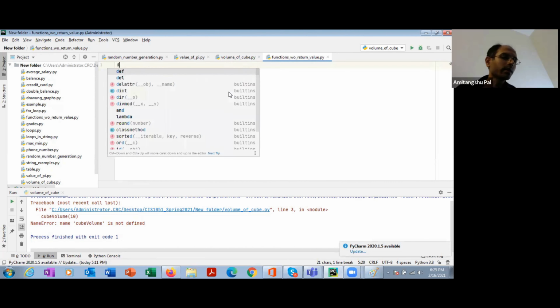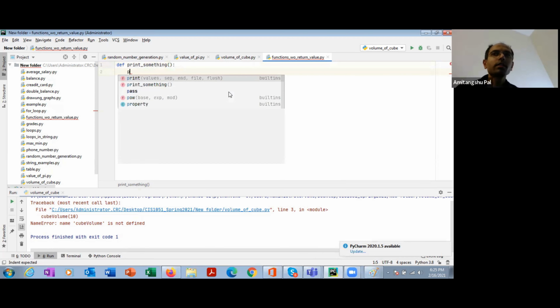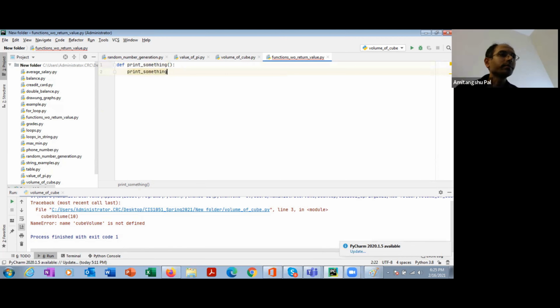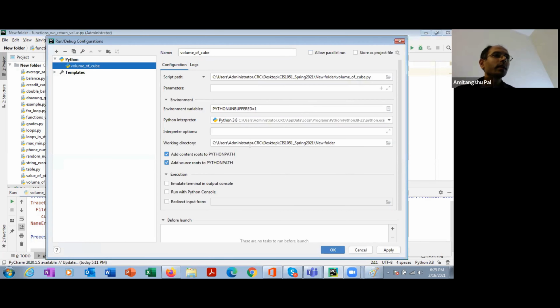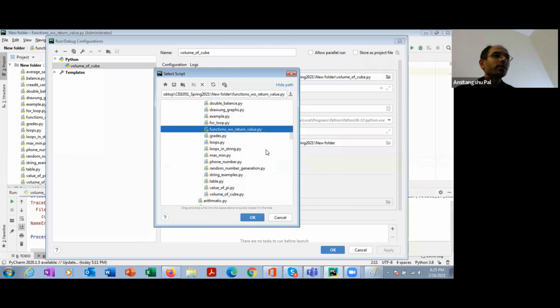So similarly, you can write a function that is going to print something. Say define print something. It is not taking anything and it is not returning anything. It is simply printing, say, hello. So this is a function without return value.